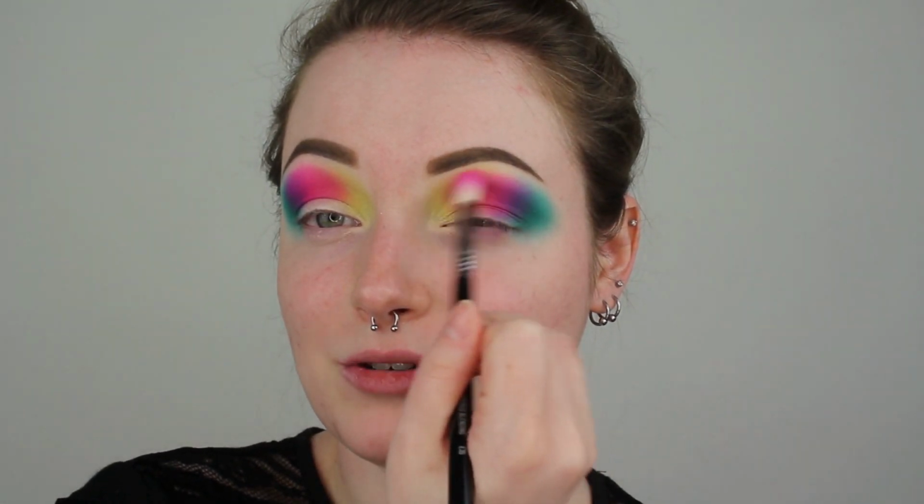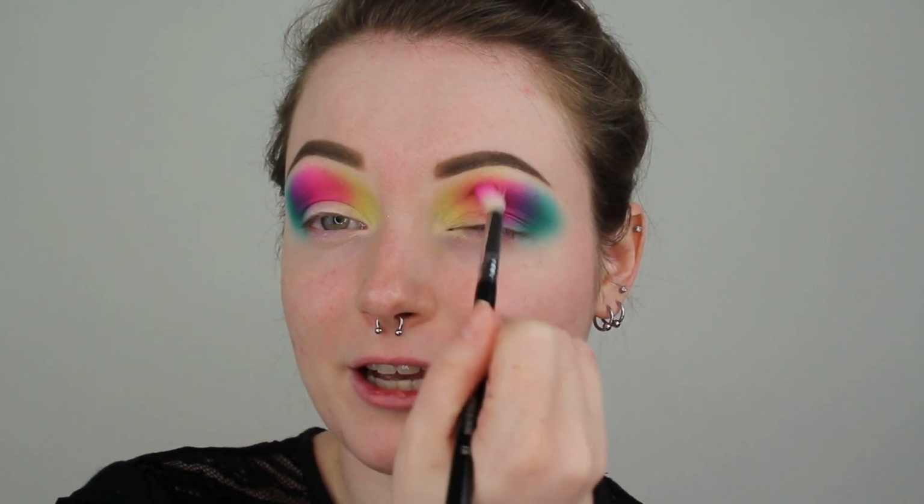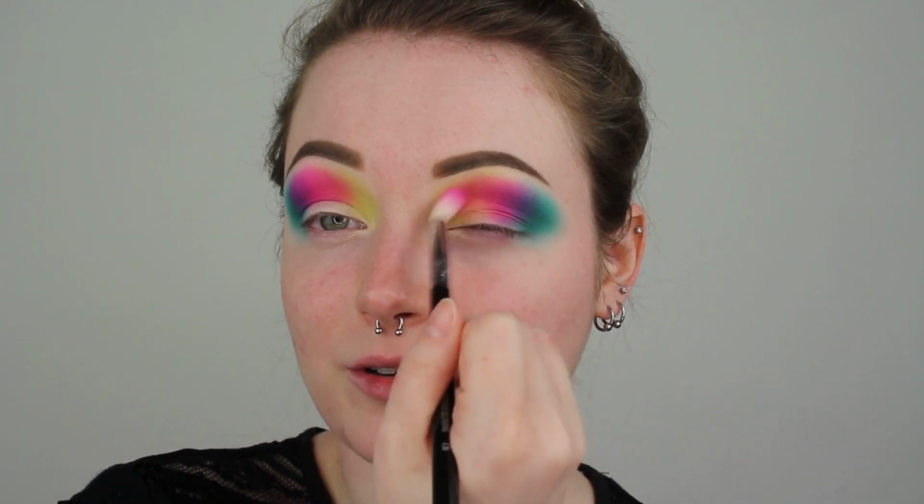And then once you have the yellow applied, we are going to be going back in with the pink and doing the exact same thing. And this will help blend the two colors together and just create the color that we are looking for. But I will say you may have to do this a couple of times to get that extra seamless blend. And after you have the yellow and the pink blended together, now we are going to blend the blue